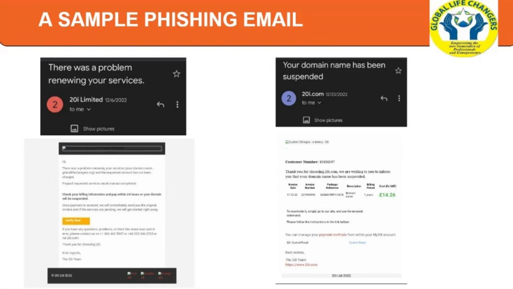So you always have to be wary of the kind of links that you click on. Also, if you are not expecting a message from someone and the person sends it to you, and you have never interacted with that person before, don't mind the person. Do not click on any hyperlink embedded there for you to click on, especially requesting that you enter your personal information. Please, let's stay cautious.